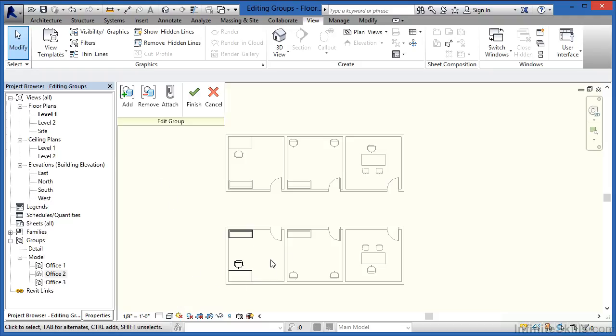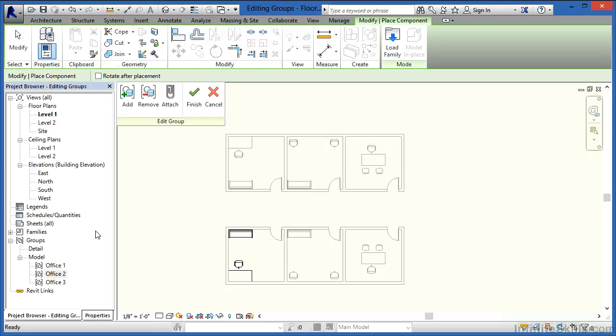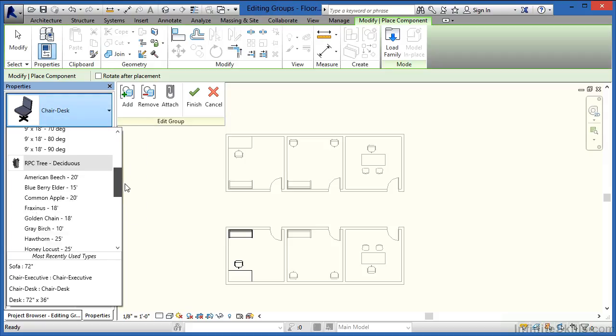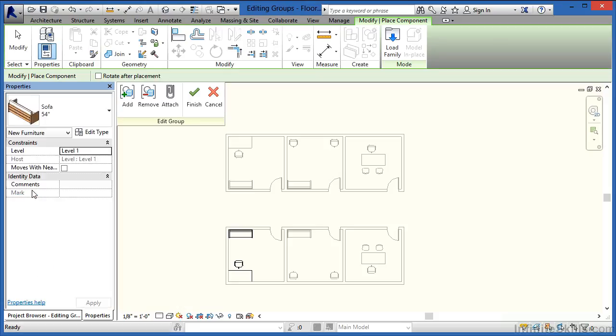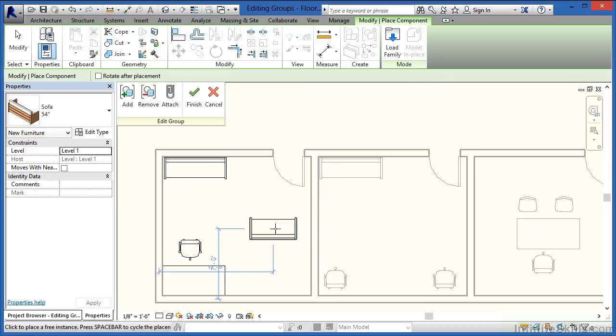If we wanted to add something to this group, we could then come up here to the Architecture tab, select on Component, and then underneath our properties, we could pick another component off of the list, such as maybe I wanted to add another couch to this room. We can come down here on the list, find this 54-inch sofa. I'm going to zoom into the room a little bit so I can see it a bit better,